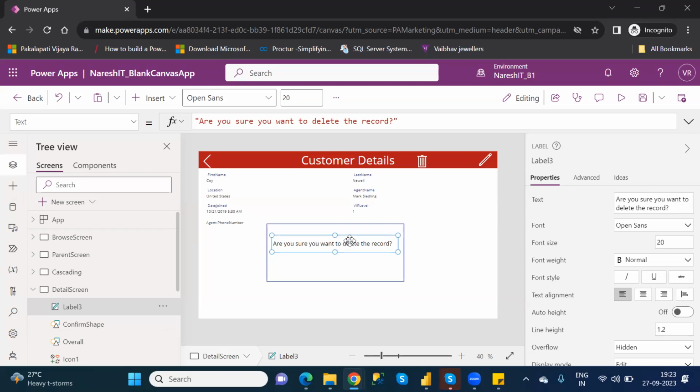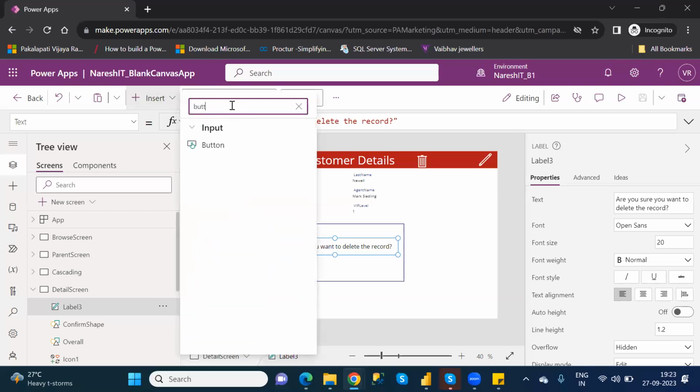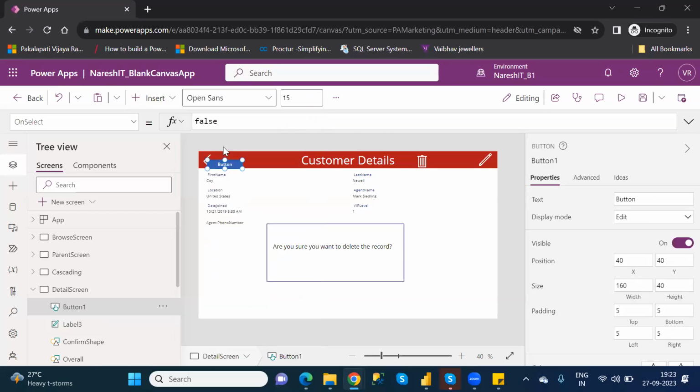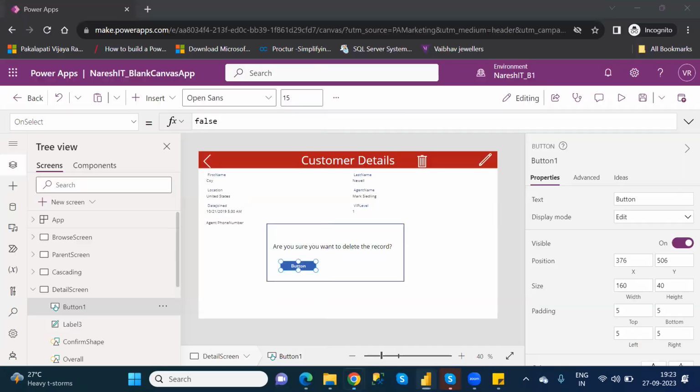So okay, like this. On the center, you have to put this one. And below that, I need to take some buttons. See here. Very important. Take some buttons. Here, you can put it like how the button shapes are there. If you want to put it like this, you can take it and see here. The button is like yes. Or else see, I'm giving like delete. This is the one.